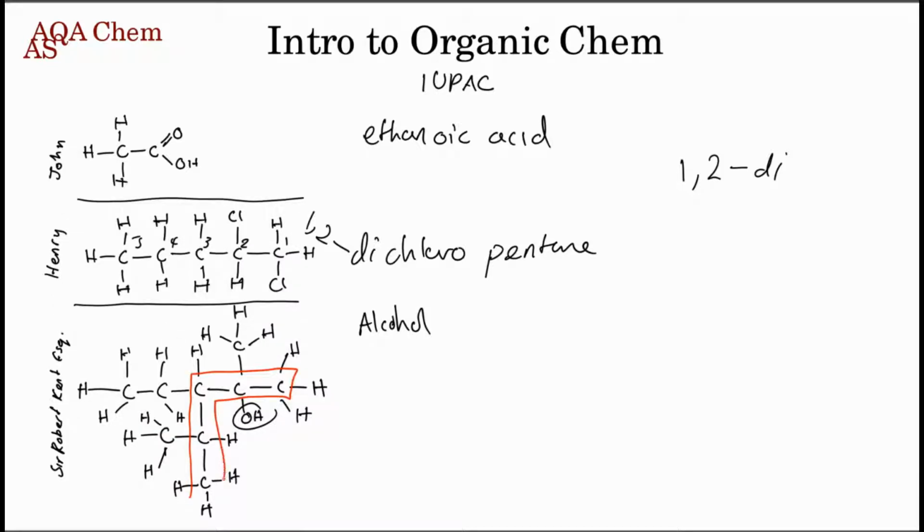The longest straight chain from start to finish. That'll be 5. Now, it could be this one, but if it was that one, then you'd have a side group coming off here. We don't want that. So, it's this one. And so, we know that it is a pent something. And now we start the numbering thing, as we did with Henry. From the functional group. Since this is closest to the functional group, it means we start from this side of the parent chain, which will be 1. This will be 2. This will be 3. This will be 4. And this will be 5.